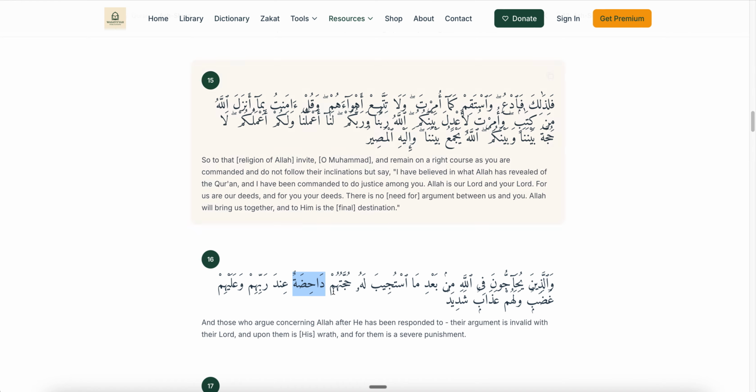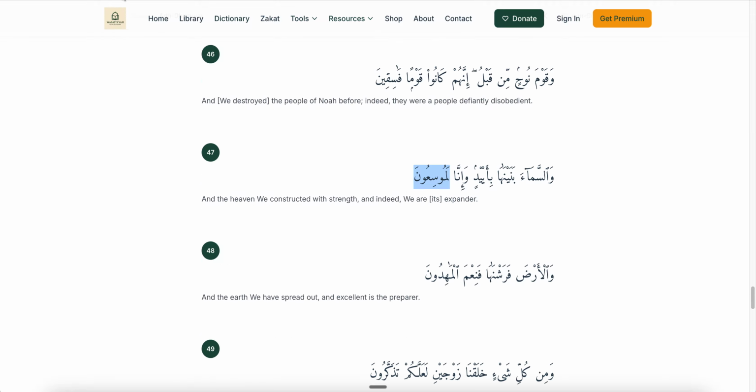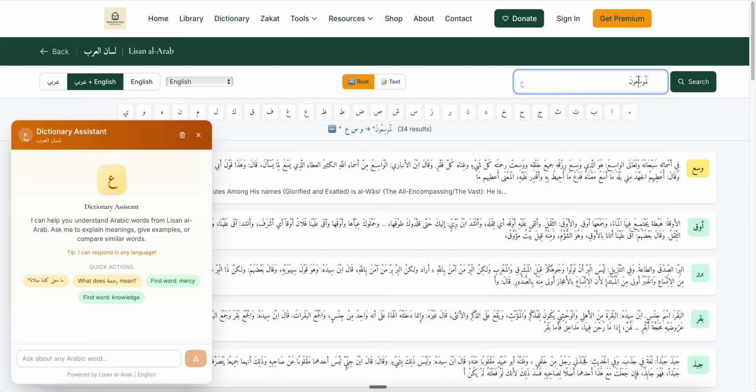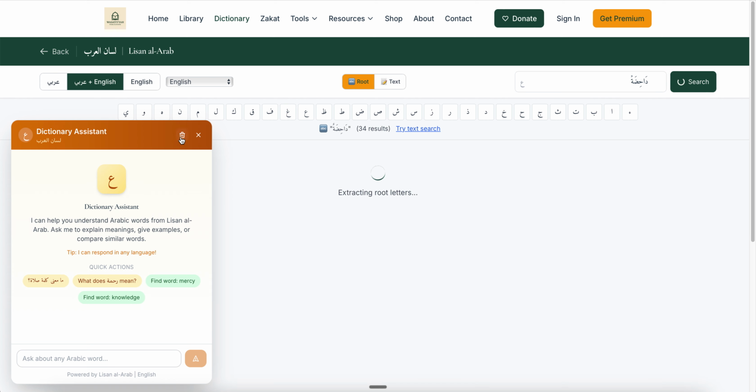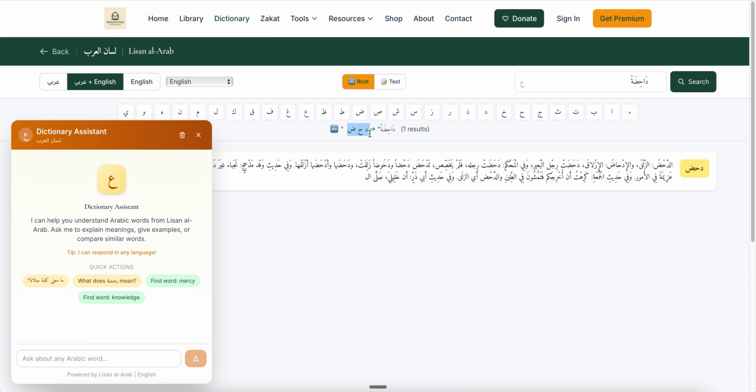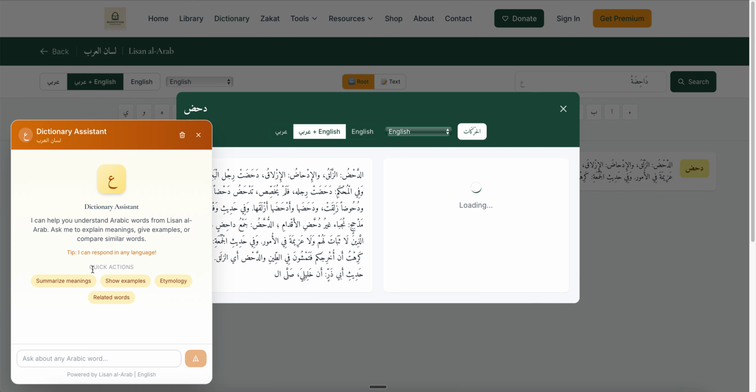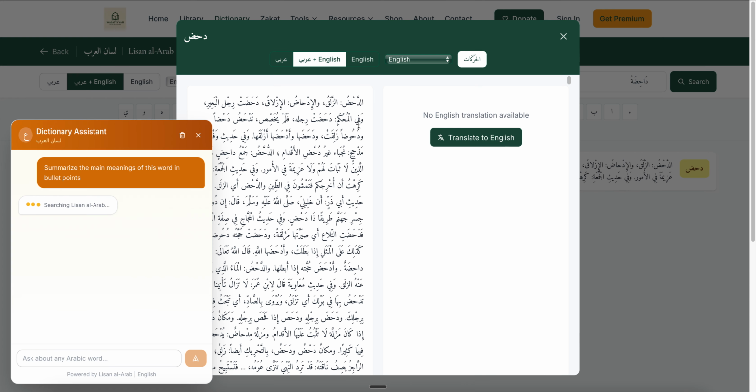Let's try this word as well, dahidatu. It means invalid here. So I'm going to just search this word. Look, dahada is the root word, and it actually got it here, you understand. So if I click here and ask it to summarize the meaning,